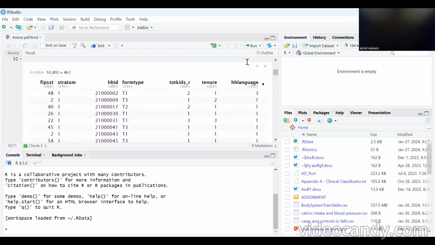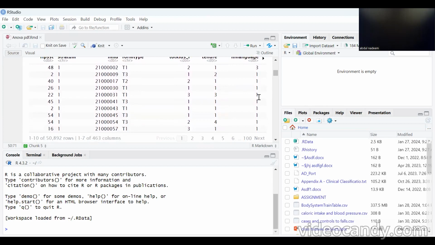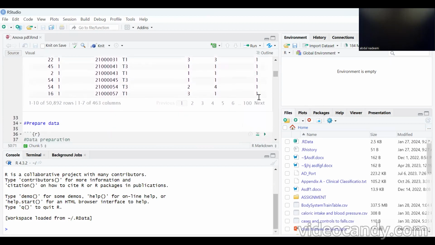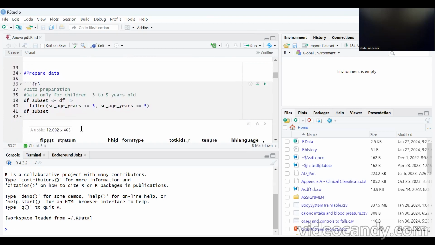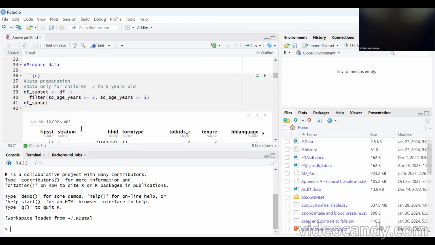In this whole data, we are differentiating the age group of 3 to 5-year-old children. So we have to prepare the data according to that. Here, we keep data only for children who are not 3 to 5 years old. We are using the filter function. We are specifying the age of the children which is less than 3 years, or age of children which is greater than 5 years. By using the filter function, we obtain the